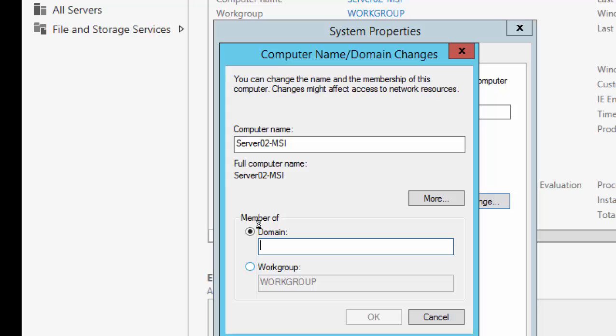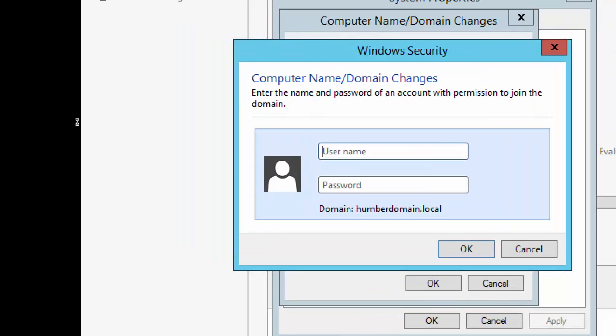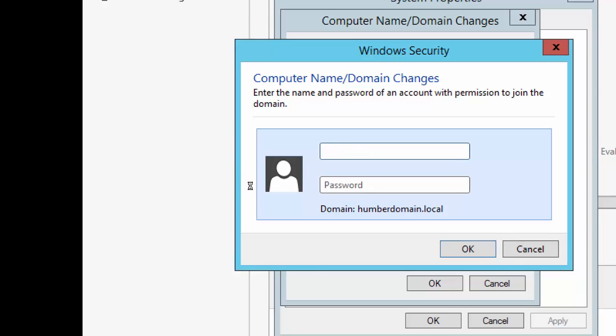What is our domain name? humberdomain.local. Exactly. All right, we're done. Everyone done? Press OK. Then it asks, who are you? Do you have the privileges to join this computer to the domain or not? So who do we type here? Administrator? No, Humber admin, because we disabled the administrator account. Humber admin